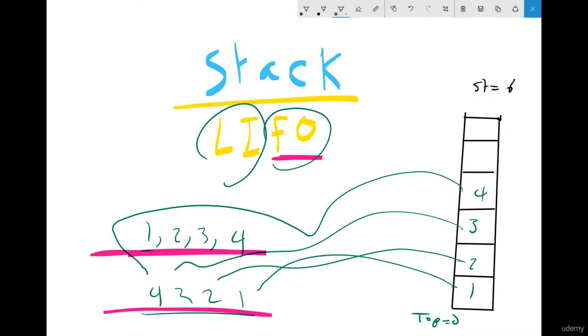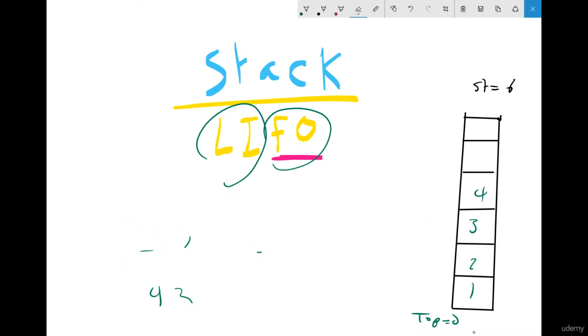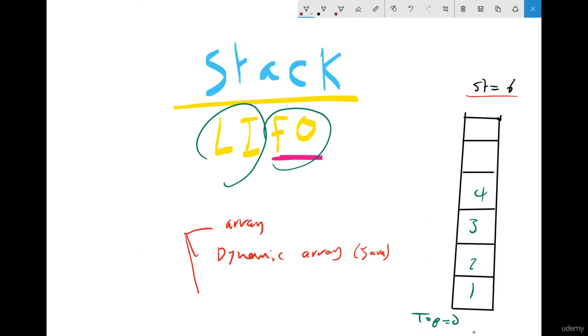Now think about how you would represent this stack by code. There are 3 ways to represent the stack by code. You could represent it using a normal array, as we showed you, an array with size 6. You could use a dynamic array, where the size is doubled, and that's what you see in Java. Or you could use a linked list, and this is the better one to represent a stack for the size. Not better in all cases, as I told you, but in most cases. So you could use all of these, and we will discuss in the code how we would represent all